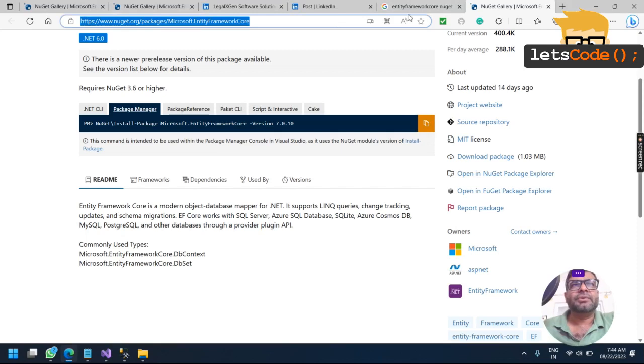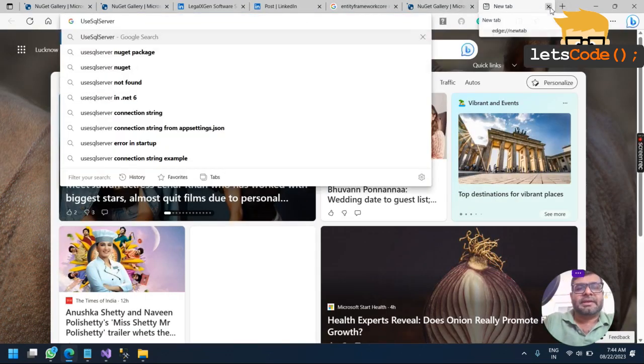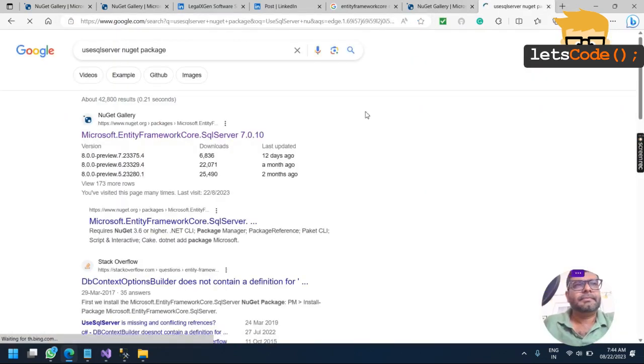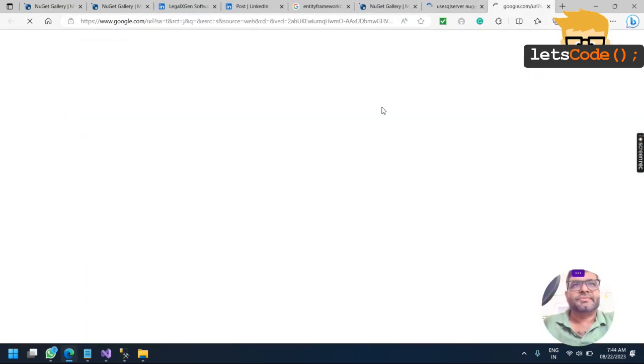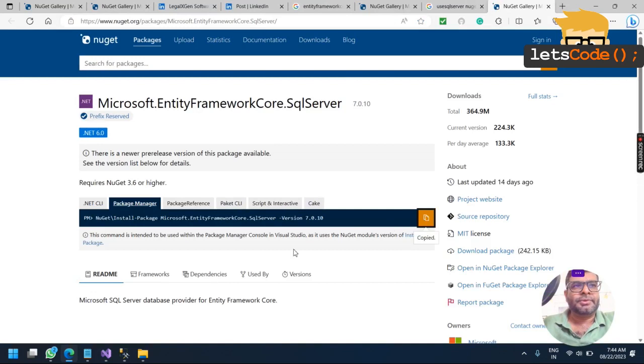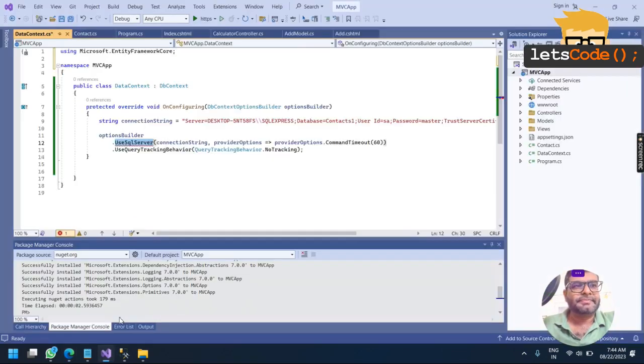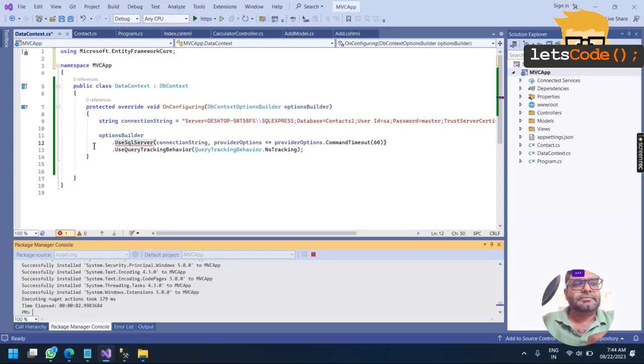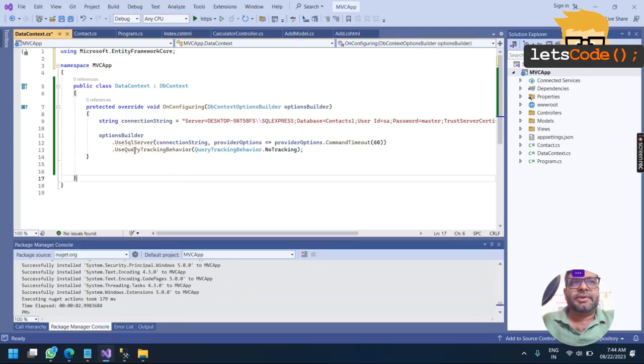So as always I'll go here, I'll say NuGet. So now you all know how to do this. I'm making a copy of this, and I'm already on my package manager. I'll remove this NuGet, and I'll remove this version, but by default it will take the latest. So we are all set. All our errors are gone. We have been able to create the data context class.